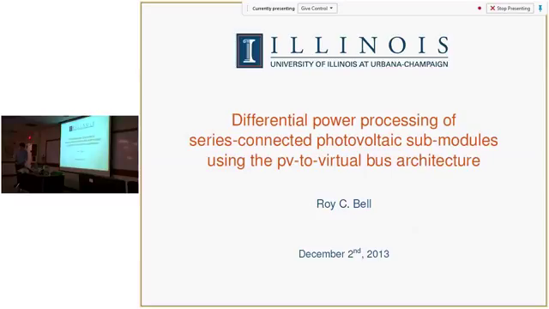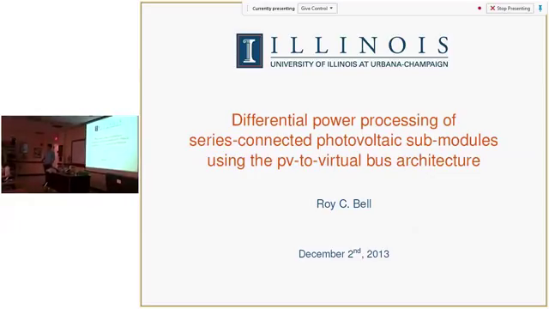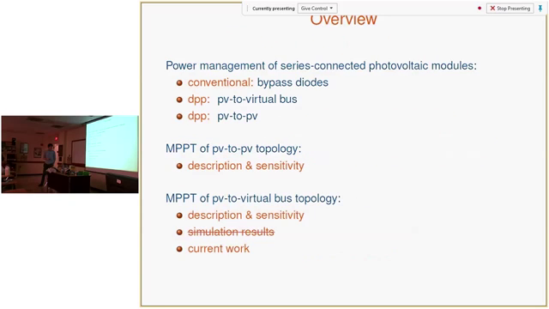Thank you. All right, so today I'm going to be talking about something I've been working on since last fall. It's an alternative differential power processing architecture for the application of photovoltaic systems. Shiben has been working on something that's called PV to PV differential power processing. I'm working on something that's slightly different. It's called PV to virtual bus differential power processing. So in order to,